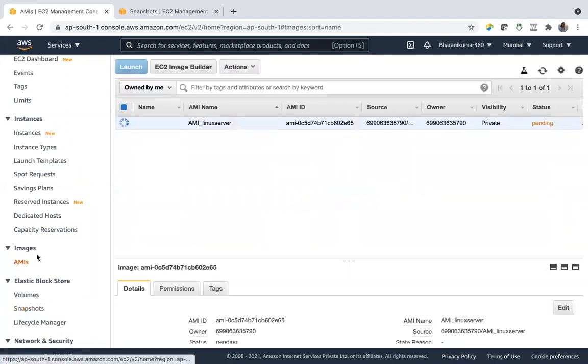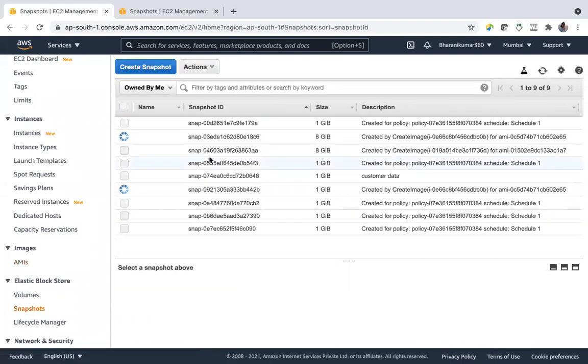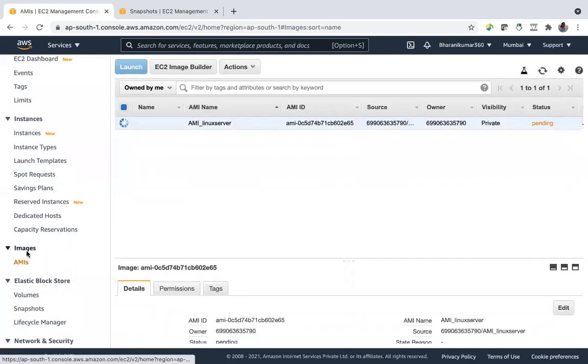Your AMI is a virtual image attached to these snapshots. Independent snapshots are not bootable ones. Of course, you can copy them and also transfer contents of your snapshot into volumes, but you cannot launch instance. That means it's not bootable. By attaching this AMI with the snapshots, along with this image, we call it AMI, and it's your own AMI. It's nothing but a bootable copy of your instance.